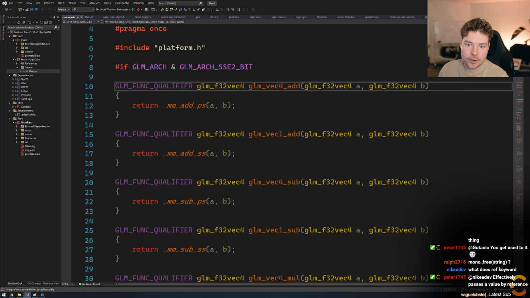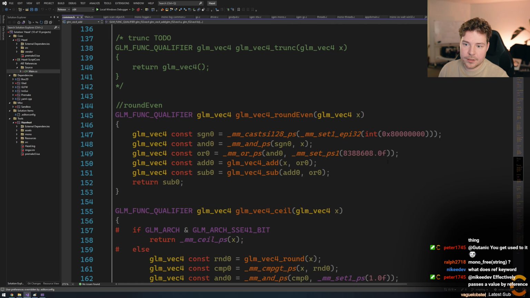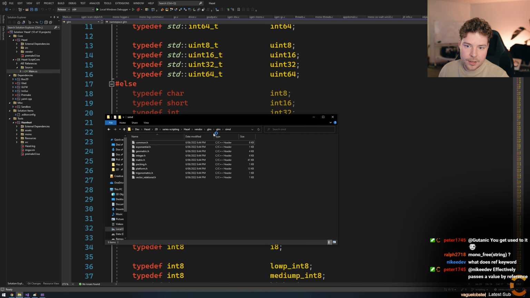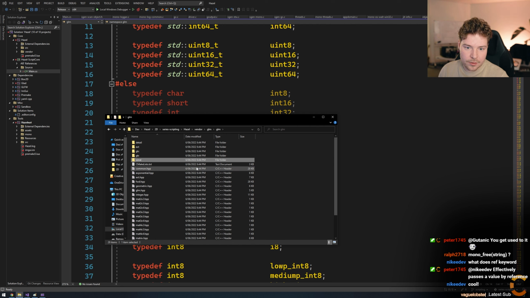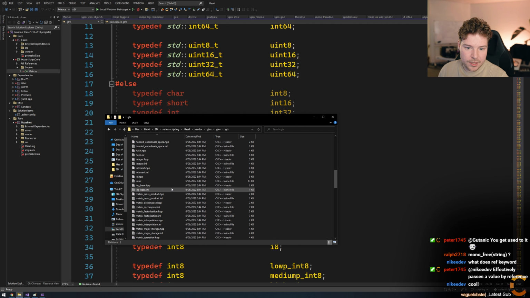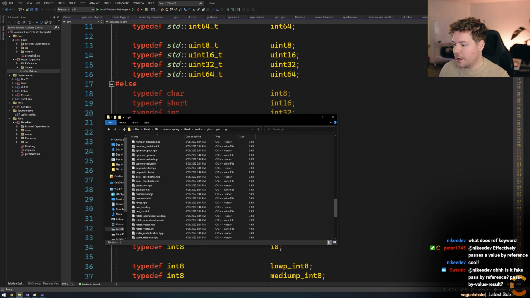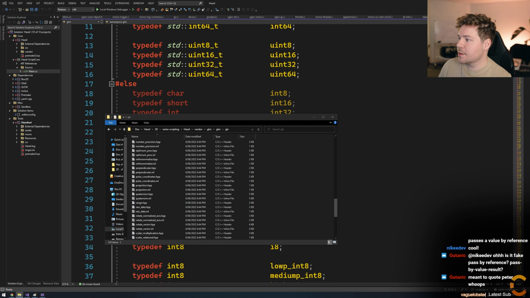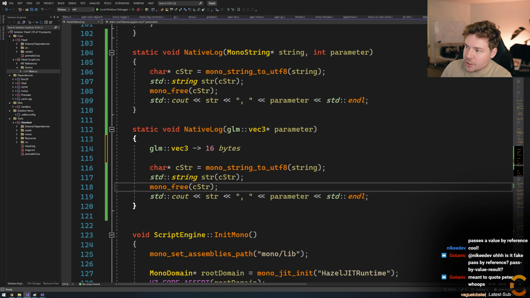I don't know if it's worth showing these, but the reason why I started talking about this is the fact that it's really important to be aware of the memory layout of your types when you're marshalling them between C++ and C#. So I just want you guys to be aware of that.